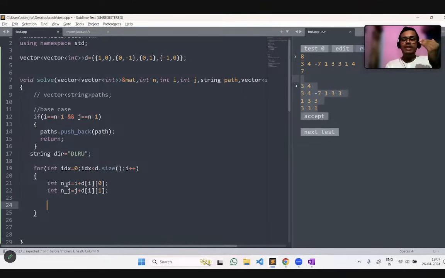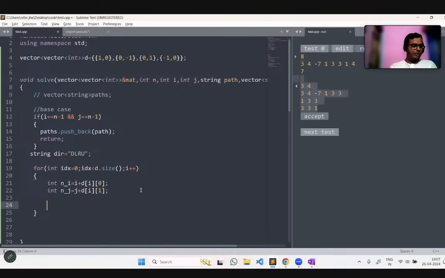But we have to check whether this index exists or not, whether that index is valid for us to move to or not. What is the validation? The index should lie inside the matrix, the new index we are moving into should have the value 1, and that should not be visited again. So these things you have to keep in mind.